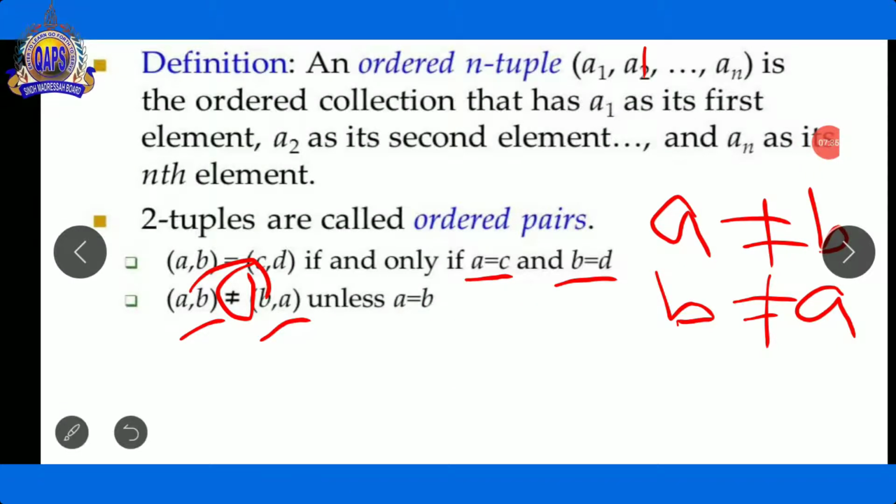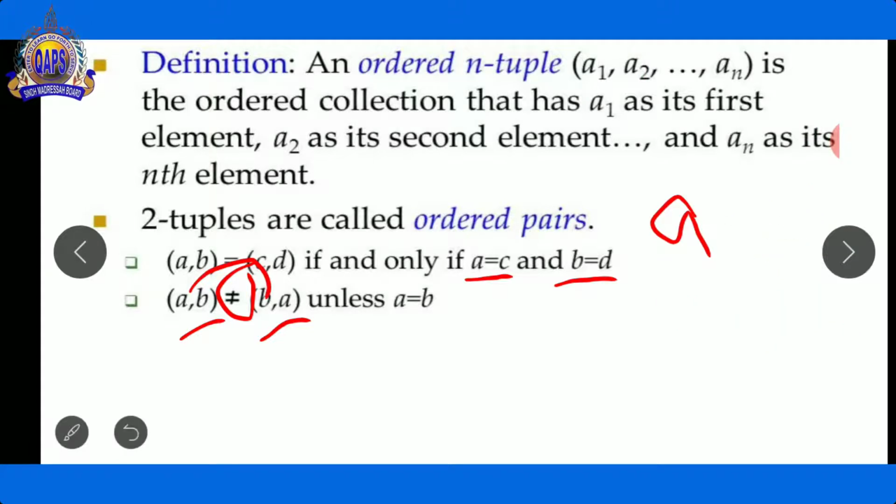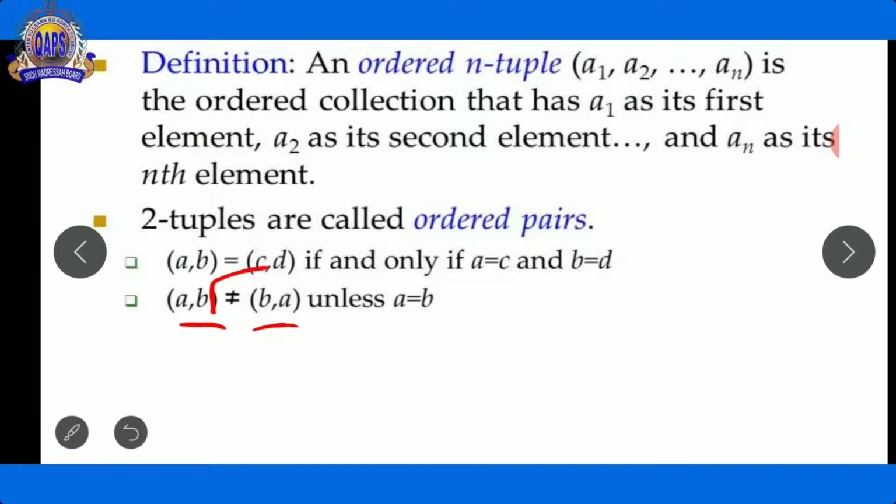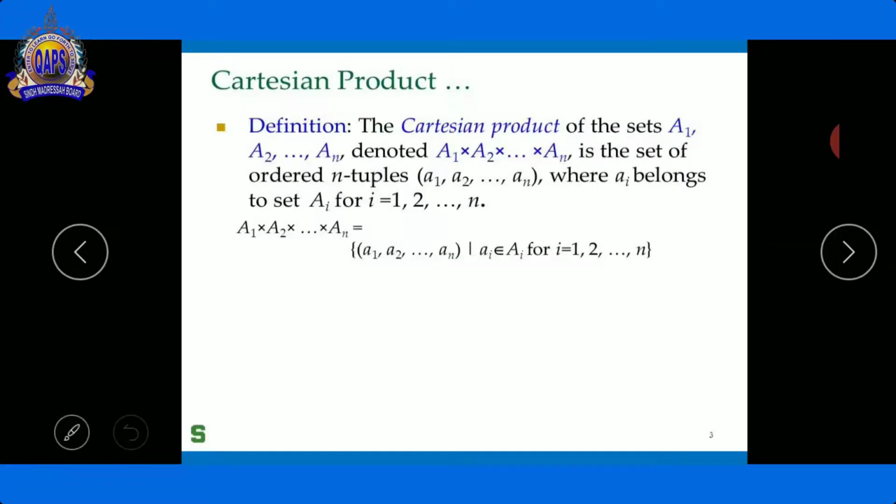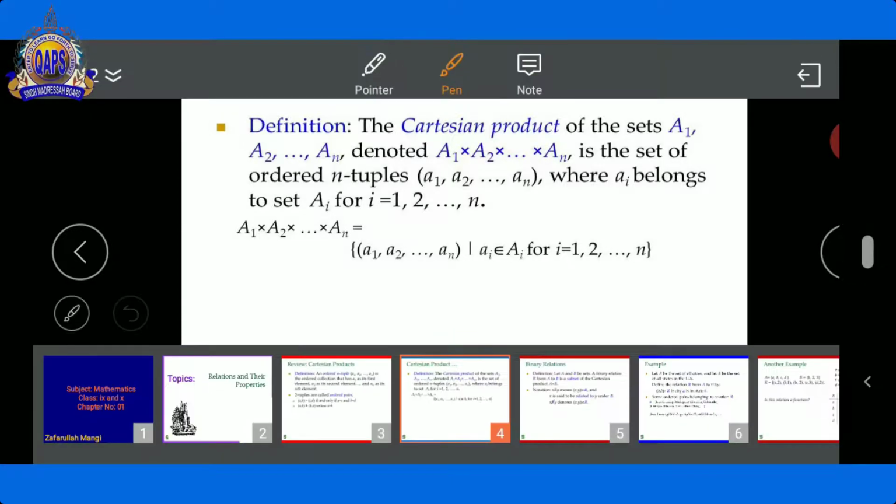Now see here, so that's why we can say that these two ordered pairs are not equal to each other. Now the second main definition of the Cartesian product is that